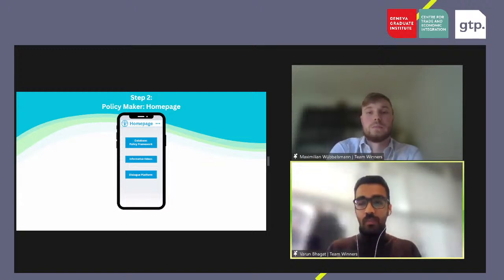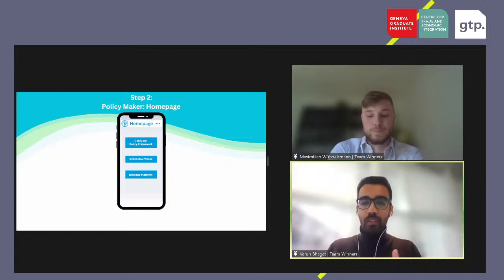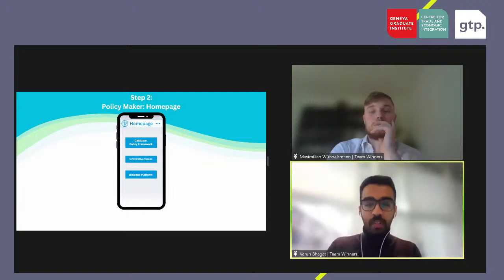So it will incorporate similar policies that policymakers at the regional level could have a look at. There will be a collection of informative videos, and there will be a dialogue platform where a policymaker could connect and interact with different policymakers, both regionally as well as internationally.